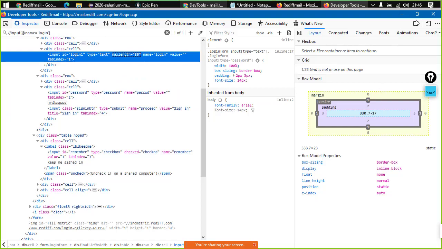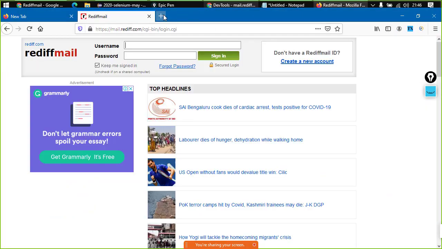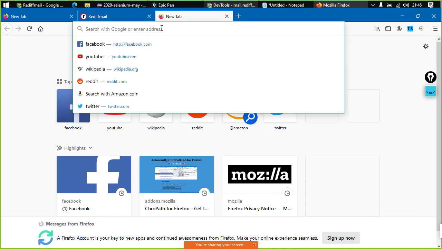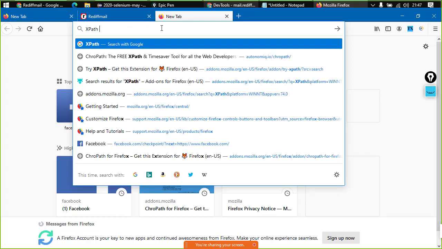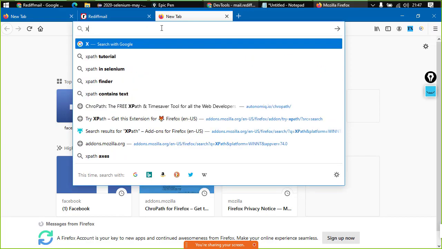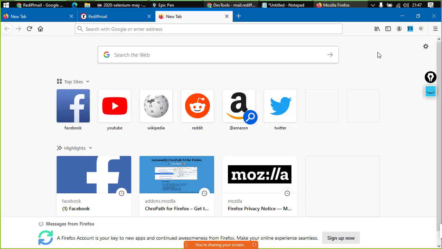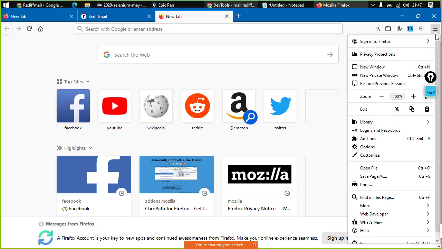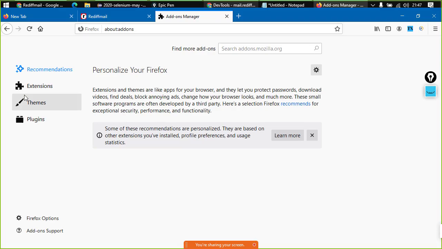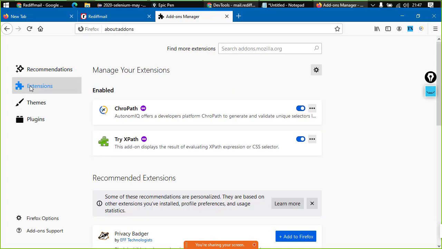What is that? We can simply add some extensions. What are those extensions? The first extension is XPath tester, right? But how we can find the extensions, how we can install them, that is pretty easy. Click on these three parallel lines, the options button, then go to add-ons, right? And here go to extensions, right? Then you can look up the extensions here, right? The extension that you need to use is Try XPath, or you can simply look up XPath,